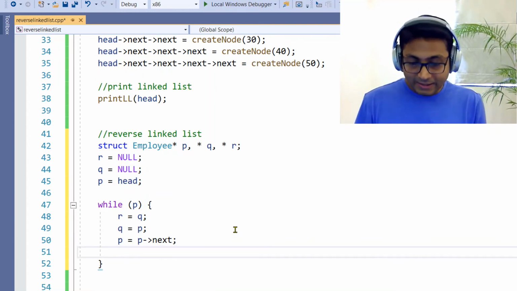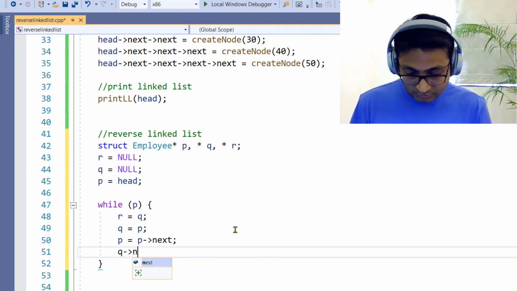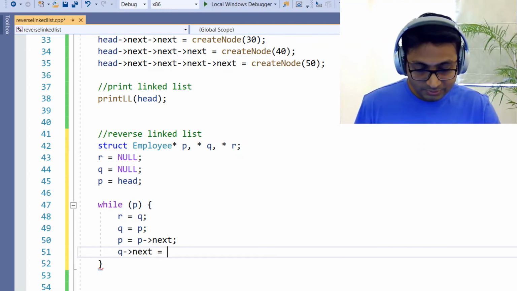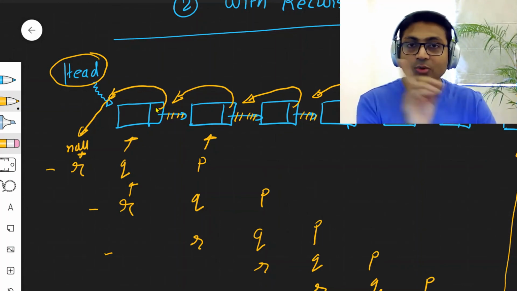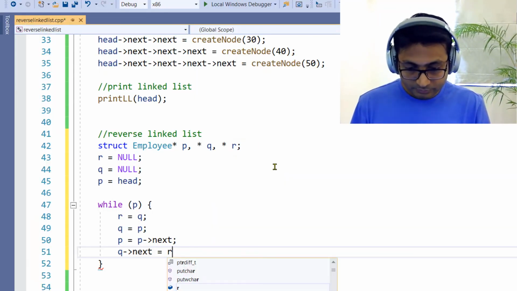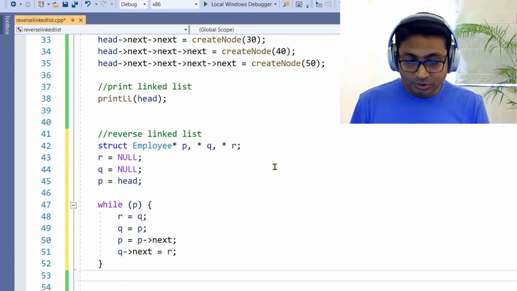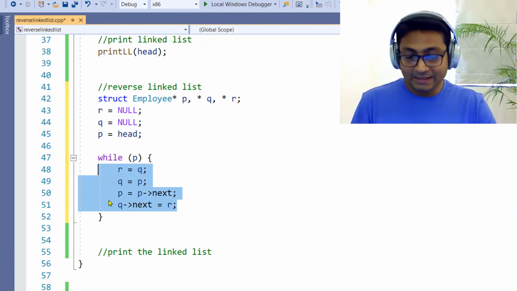All right. And what is the reverse step here? Q's next is equal to, what is our statement? Let me go back here. Q's next, here is my q. Q's next is equal to r. All right, that's it. So these 4 lines of code here is going to reverse the entire linked list.